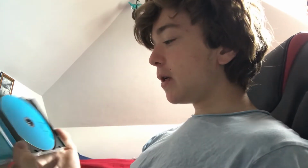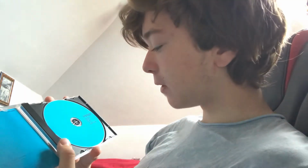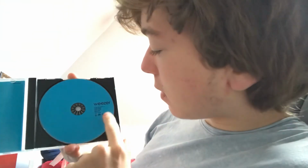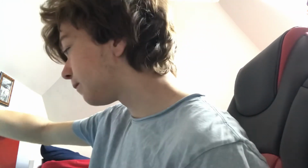So let's have a look at the disc. Here we've got a nice shade of blue. I really like this shade of blue. I love looking at the Weezer album cover. No idea why. It just says Weezer here, and it says the same thing that it said at the bottom of here. And on the disc for the record,